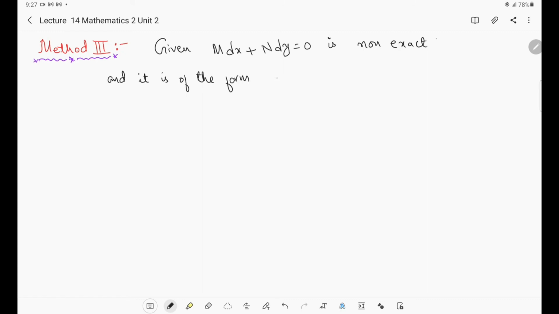a specific form is there. Like the previous equation was homogeneous, and in the inspection method terms like x dy, y dx and x dx, y dy are there, then we use the inspection method, the first method. Then the second method is for non-exact and homogeneous. Now we will use this method when the given non-exact equation is of this specific form. The form is y into f of xy into dx plus x into g of xy into dy equal to 0, right?